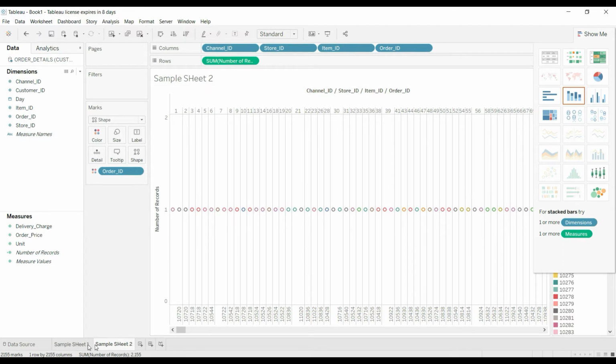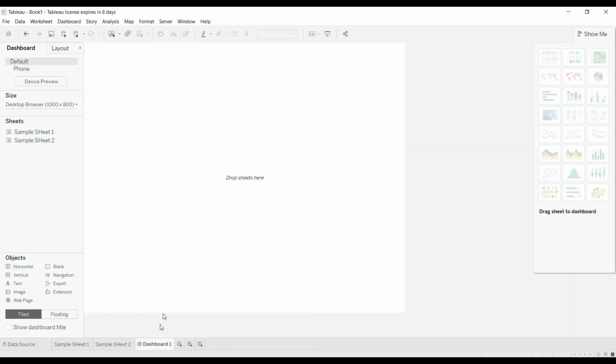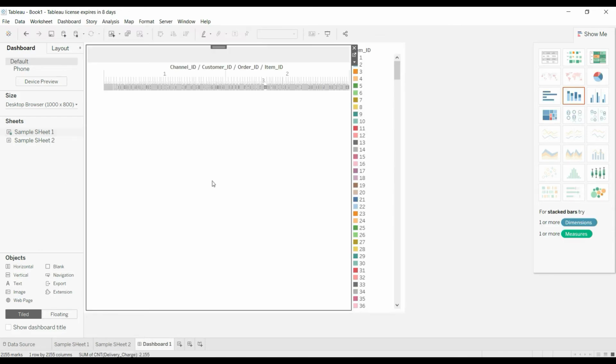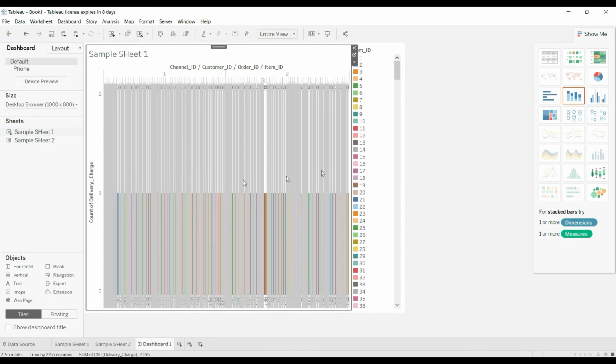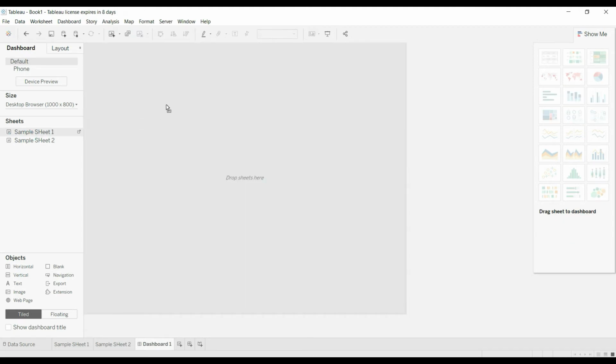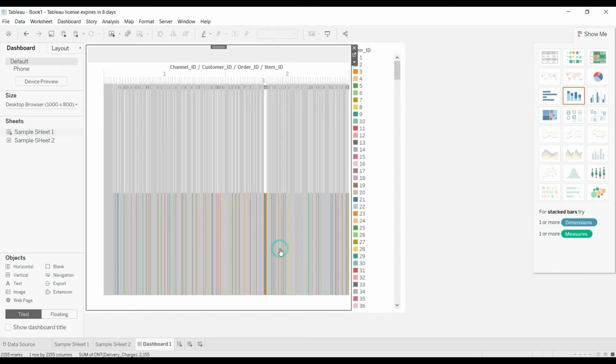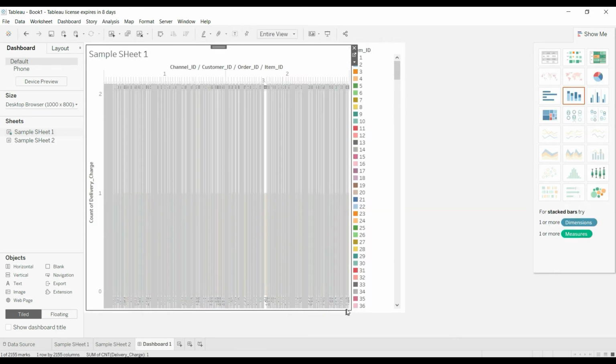By using these two sheets, I want to make a dashboard. For that, I have to click on new dashboard here, and the sheets which we created till now will be available in the sheets section like this. We need to drag that one and drop it in the workspace. It will automatically navigate to the workspace and set itself in this manner. We can click on this to remove it from the dashboard, so that some space will be occupied. It looks somewhat awkward, but we need to adjust for now.